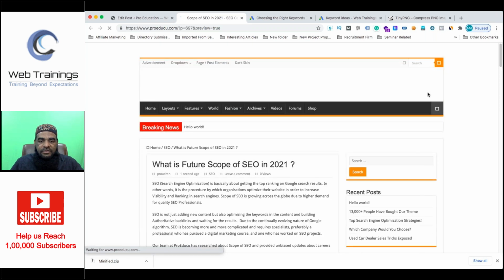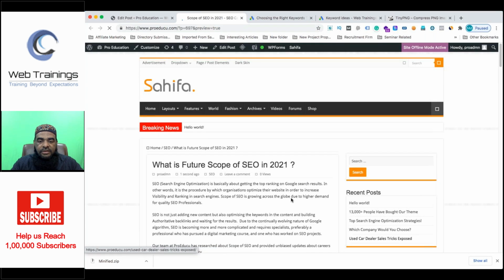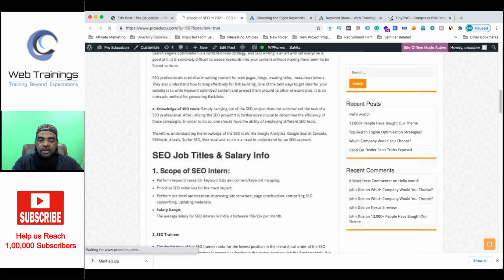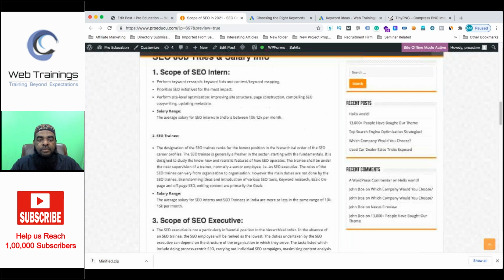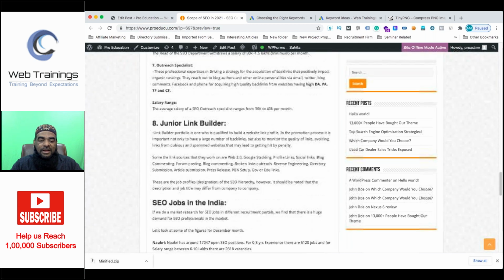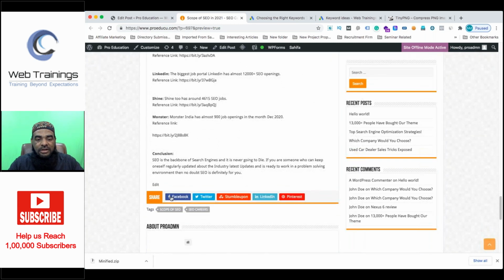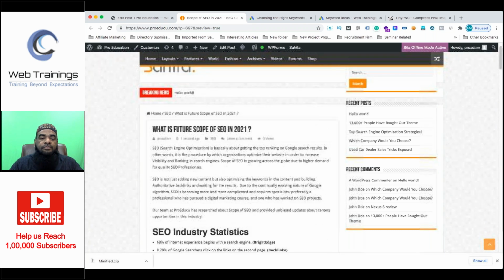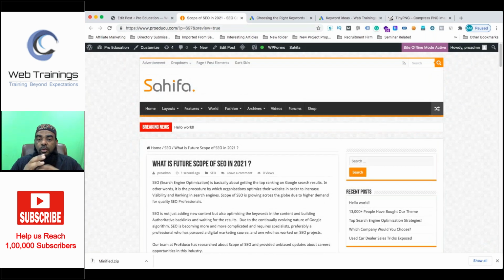All right, so this is the future scope of SEO in 2020. I think the feature image is not shown. That's fine, but we can optimize this. We can make it much better by changing the structuring. It's just a dummy article. I hope you are clear. Already showing and all that is already there, so I don't want to change it. So this is the simplest way to get your 100% rating on this option.